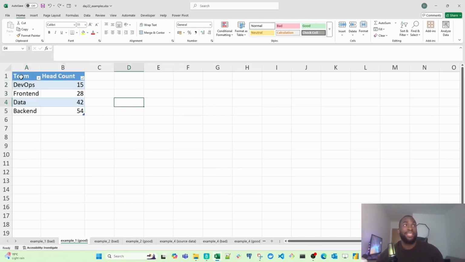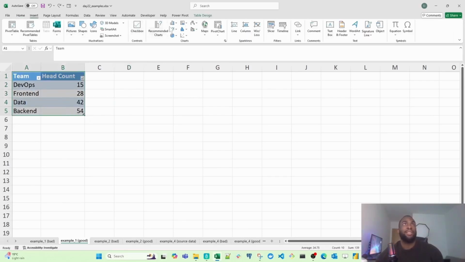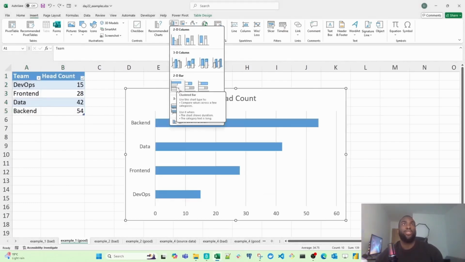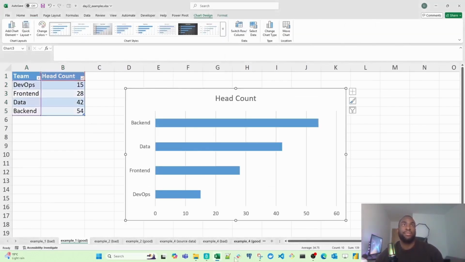So the first step is highlight your entire data set and then go to the Insert tab and then click on Insert Column or Bar Chart. So we are going to select the horizontal bar chart. Excel calls this the clustered bar. So just select that. And then the next thing I'm going to do is sort this from